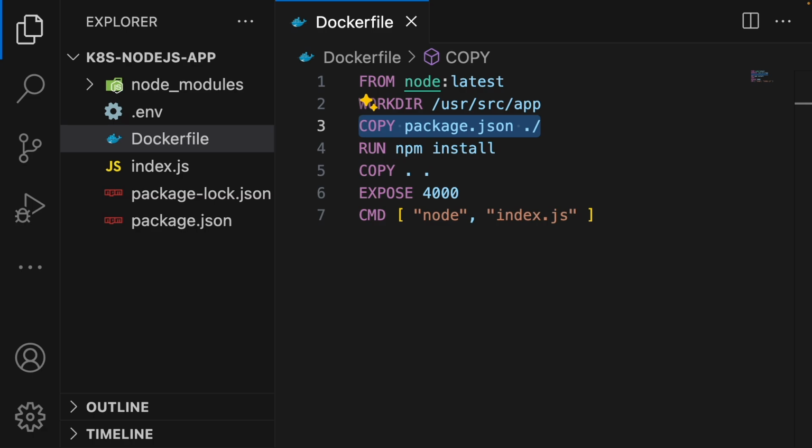Then the COPY instruction which you see over here is going to copy your package.json file from our local machine to the working directory in the container. And the RUN instruction over here is going to execute a command in the container. This is going to run npm install to install all the dependencies that are present in the package.json file. And then this COPY instruction will copy all of the files from our local directory to the working directory